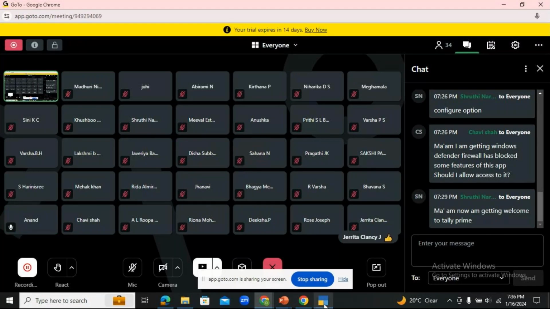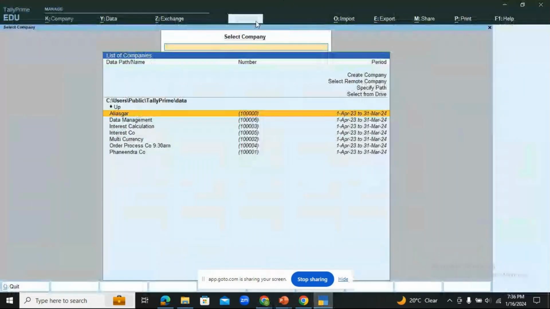Make sure all of you have got the screen. It should be select company, so this screen should be visible in your systems. If anyone has not got it, let me know, or you can also put it in the chat box.